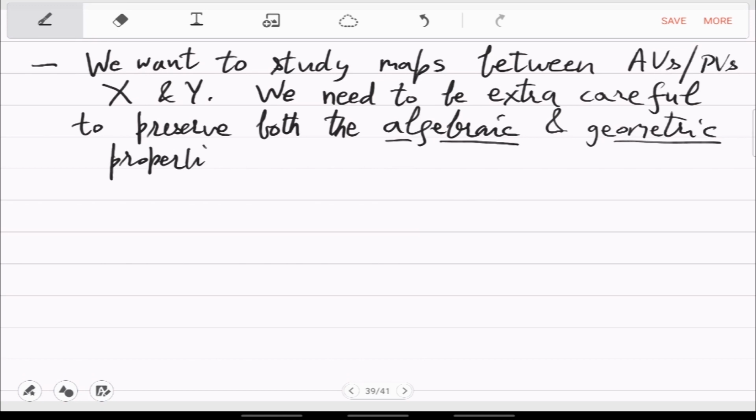So algebraic property is that we want to stay close to the polynomial ring. Our functions should emerge from there. And geometric means that we should preserve the neighborhoods or the open neighborhood of a point. So this is kind of a diversion. So from topology or analysis, we call a map phi